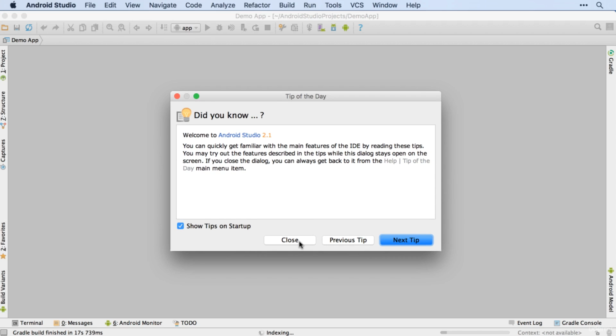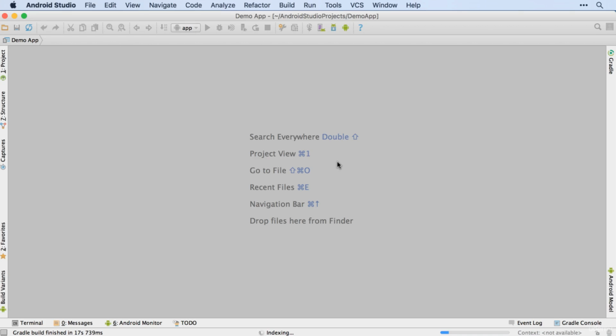If you haven't already turned those off, feel free to leave those on. They're often quite useful, but I'll just switch that off and close that window. And this then is the main Android Studio window, and this is where we'll be working for the majority of this course. Looks pretty empty at the moment, so let's bring in our project by clicking number 1, project at